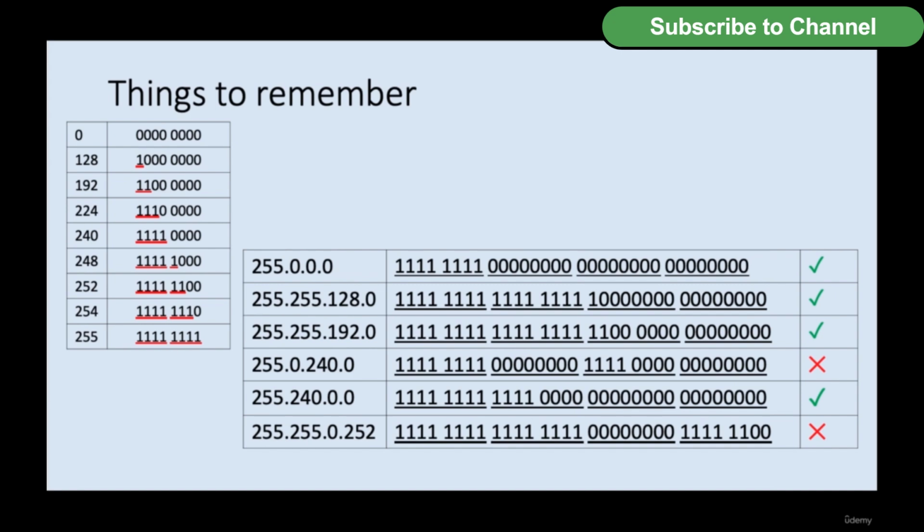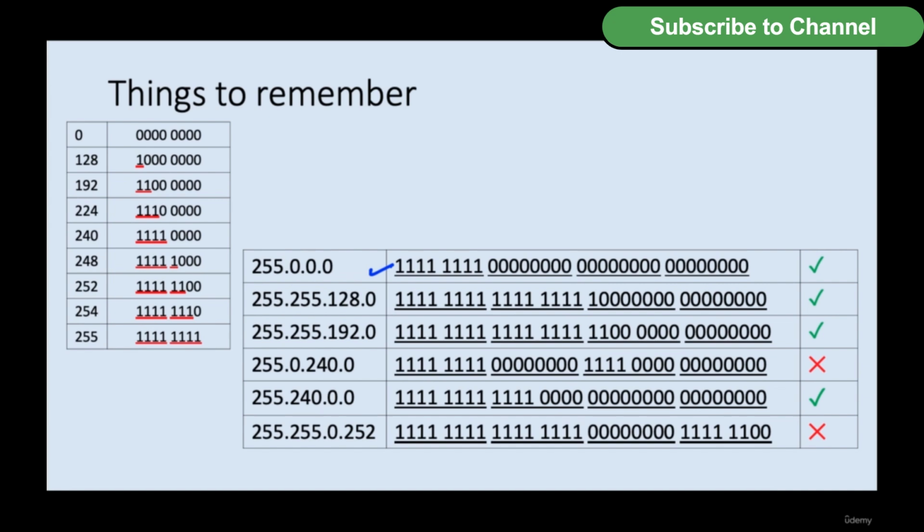So second table, first row, 255.0.0.0, and this is its binary conversion. And you can see all ones are on the left hand side and all zeros are on the right hand side. So yes, it is a correct subnet mask. Now the second row,